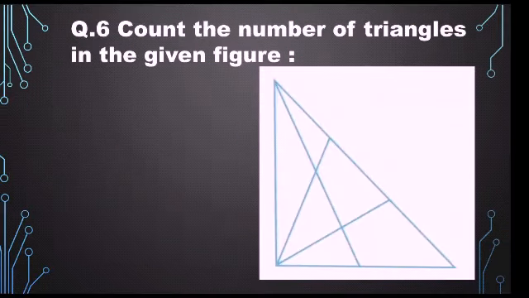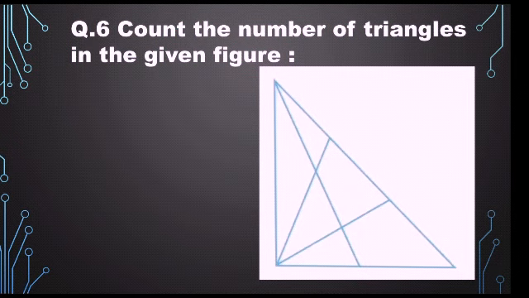It's a question on counting triangles, and as we know, a triangle is a 2D shape and it has 3 sides, 3 corners and 3 angles. So you know how it looks. The main figure shape looks like a triangle, so it's a triangle only. You have to count all the triangles in the given figure, that means the total number of triangles, how many triangles are there.